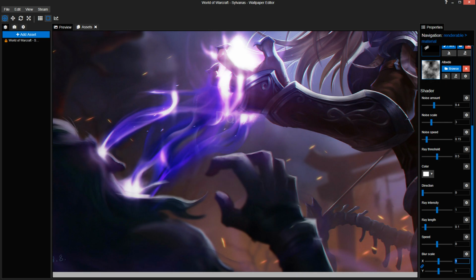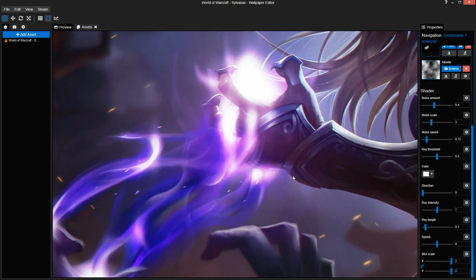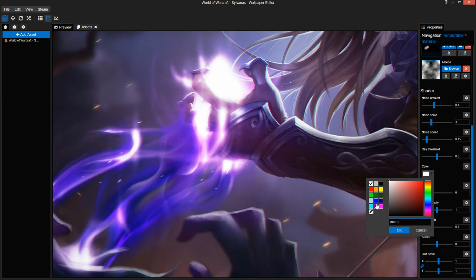I'm gonna set the blur scale to 2 again. Oh well, no, now it's too weird, so I'm just gonna keep it at 1. The color, I want it purple, not that purple though. A bit more dark purple. Alright, yeah. Start more looking at this than this. This is gonna be changed in a sec.